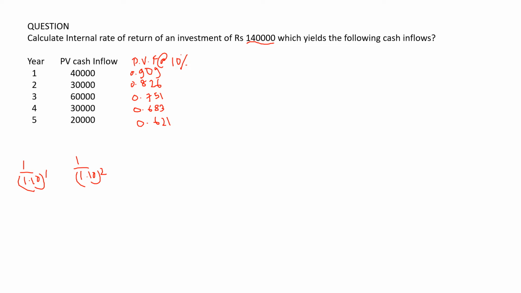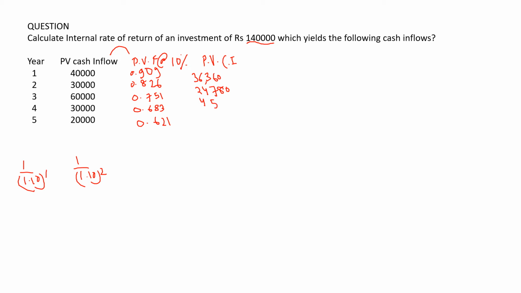then 0.621. Once we have found the present value factor, we will have to multiply the cash flow with the present value factor in order to get the present value of the cash inflow. So it comes out to 40,000 times 0.909. It comes out to be 36,360. Okay, the next year it is 24,780. The third year it comes out to be